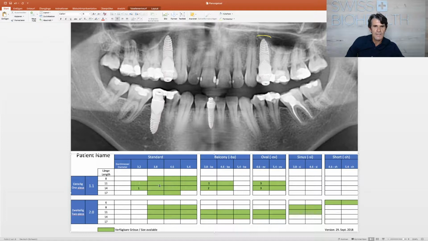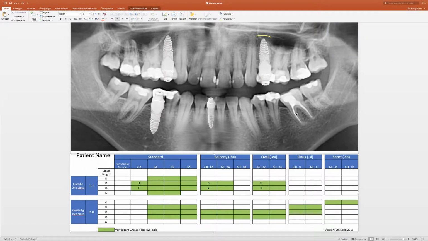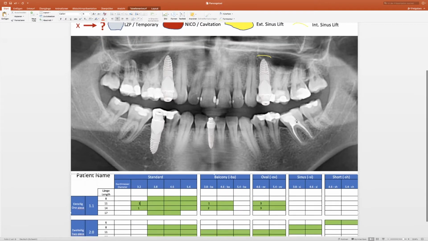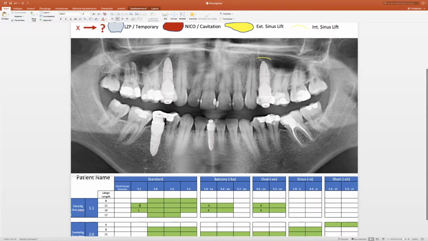Put it here. So it's a one-piece implant, standard 3.2 times 14, maybe as an alternative also 11, but you would always try to use the 14 here. Now the last implant that we plan, 3.6,